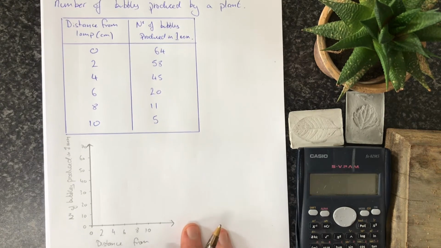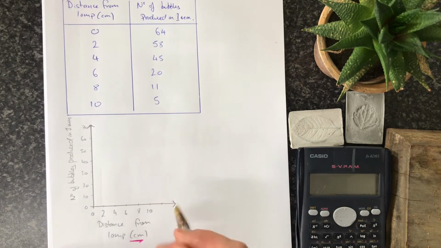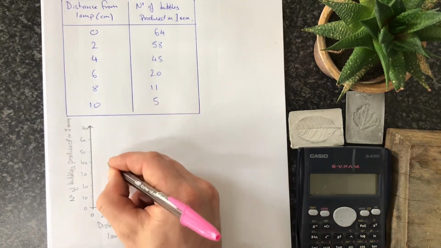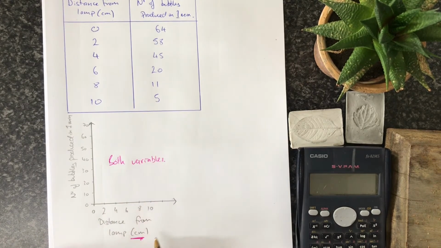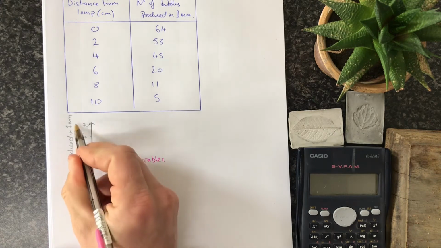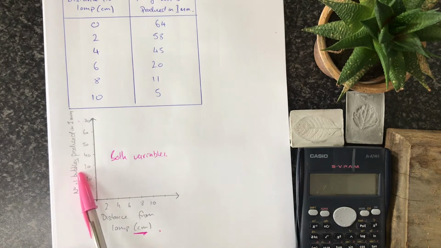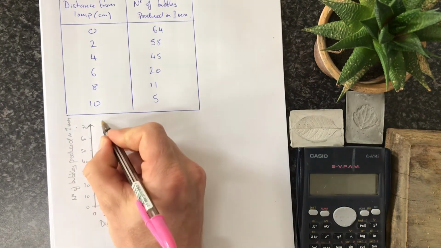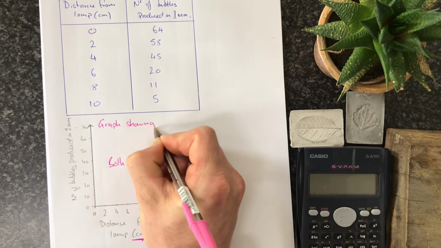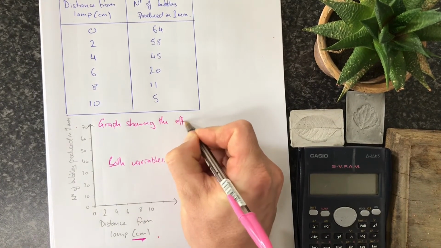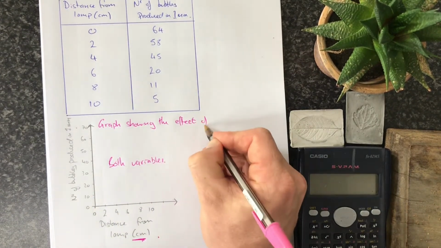Now, once we've got our axes, we need to give our graph a title. And the title needs to include both variables. So you must include what's on the x-axis and what is on the y-axis. So in this case, I've got distance from the lamp and number of bubbles produced. So I'm going to start off by saying graph showing the effect